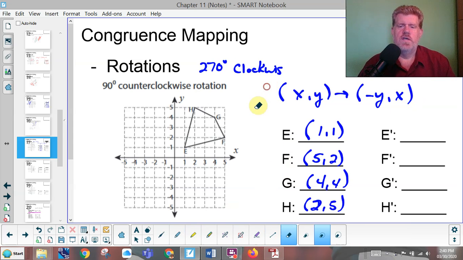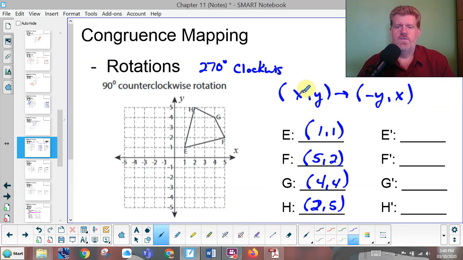Here's what it means to do all that. It means you take the point and you see the x and the y value. We're going to switch their positions. The x number now becomes the second number. Now the y number becomes opposite of what it was. It was positive 1, now it becomes negative 1 and becomes the first number. Now 1, 1 is not, I guess, a great example because you don't know that it's flipped. But for 5, 2,